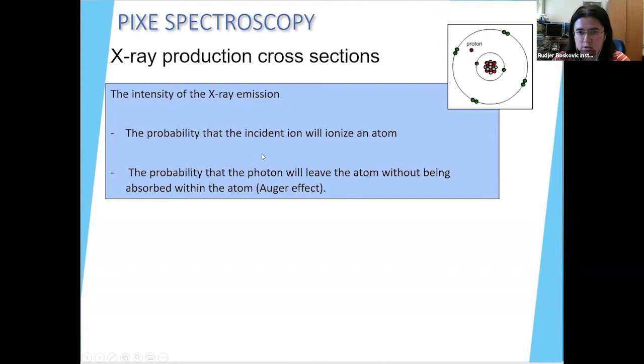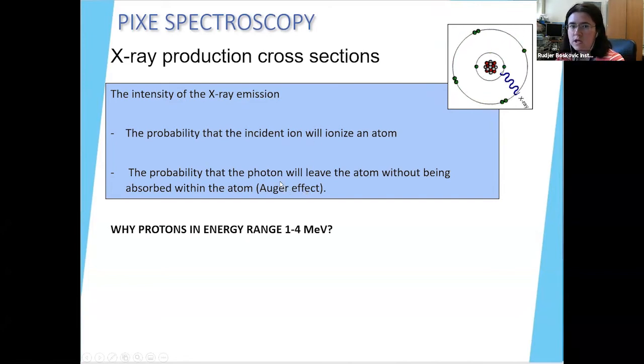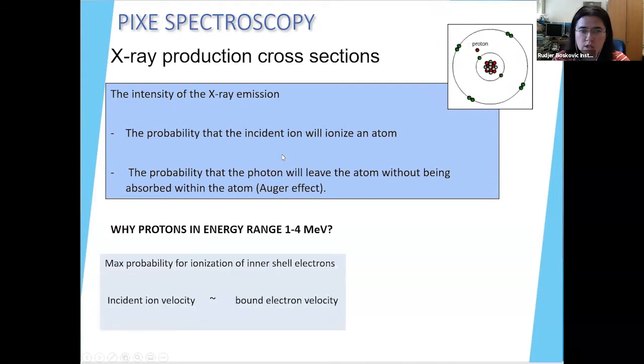an Auger electron. So when we talk about this X-ray production cross-section, the crucial question is why we use protons in the energy range between 1 and 4 MeV. Well, the thing is that this maximal probability, so this probability that we will ionize inner shell electrons, is related to